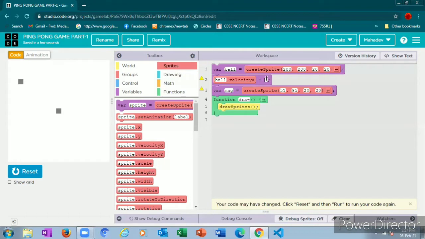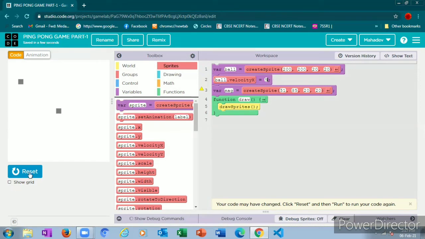And also here you can give any value, a number from 0 to 10. 0 means it will not move, 1 means slowly, 2 means somewhat speed, 3 means somewhat more speed, like that. I will give 5 here. Okay, see now we gave a velocity x only. Velocity x means the ball will move in left and right directions, right? Only left and right directions the ball will move.